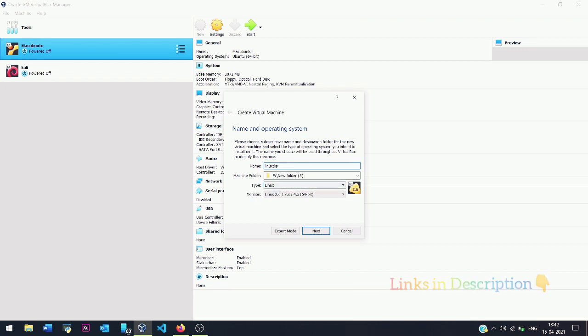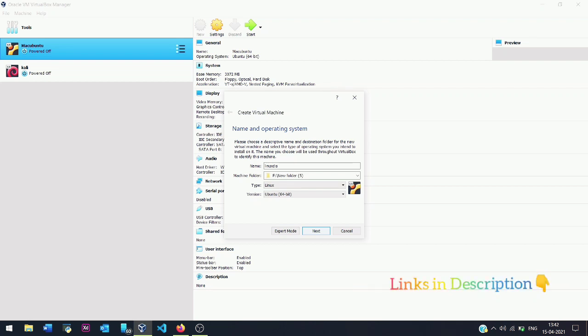I have downloaded Ubuntu 64-bit, so I am choosing Ubuntu 64-bit as my version, and then click next. We are installing all this with recommended settings. If you need advanced mode, just click expert mode and continue the remaining installation. I am just clicking next.